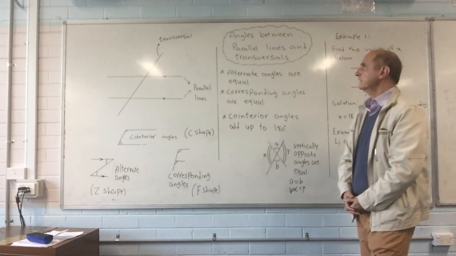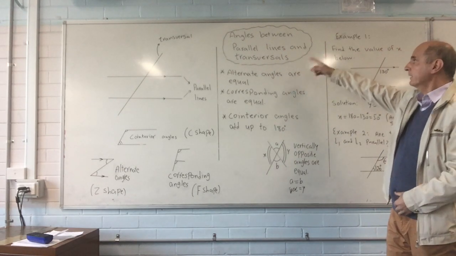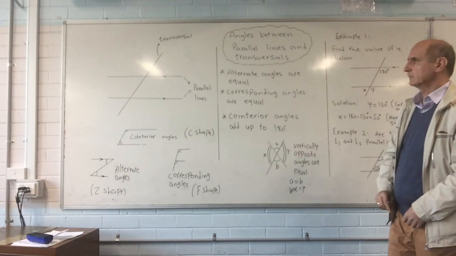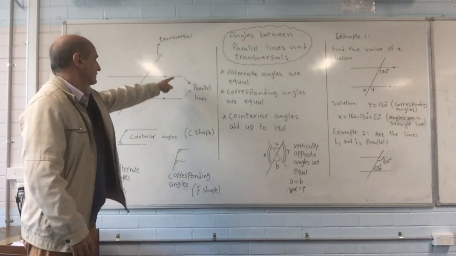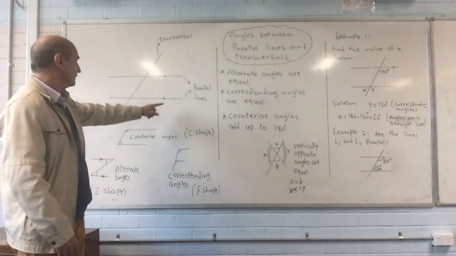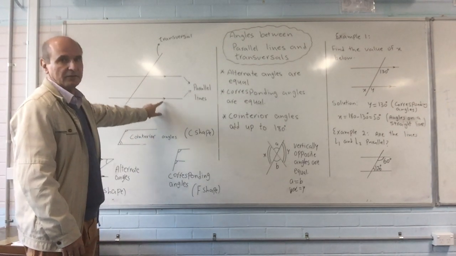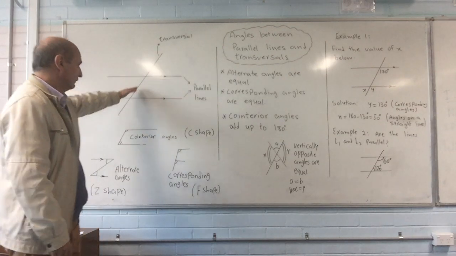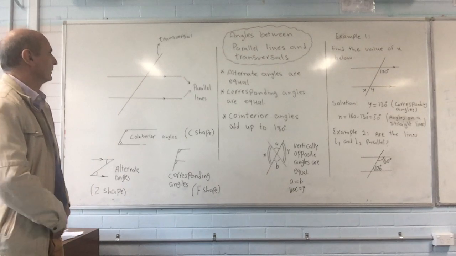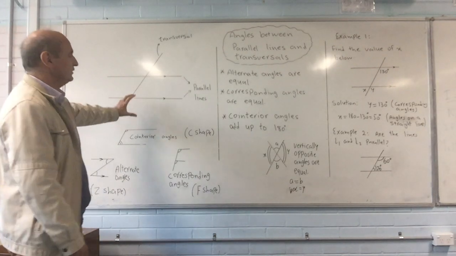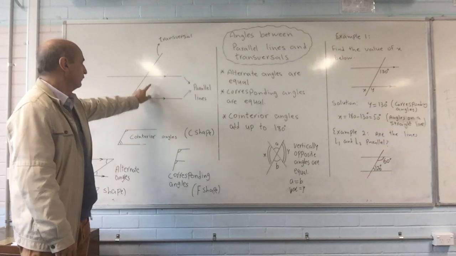Hello, this lesson is about angles formed between parallel lines and transversals. Here I've got two sets of two parallel lines. These arrows on them tell us that they are parallel, and this line which crosses both of them is called the transversal. When you've got such a situation, you get 8 different angles formed: 1, 2, 3, 4, 5,